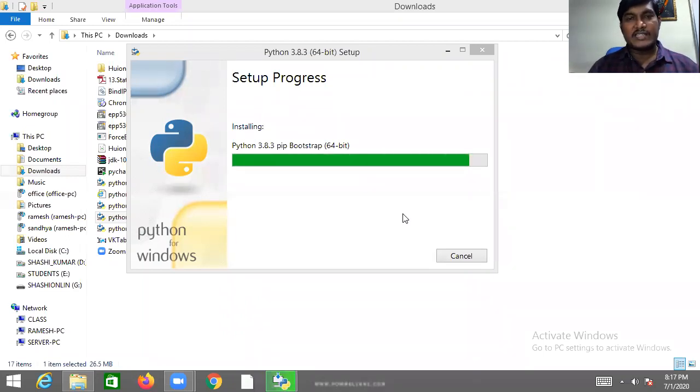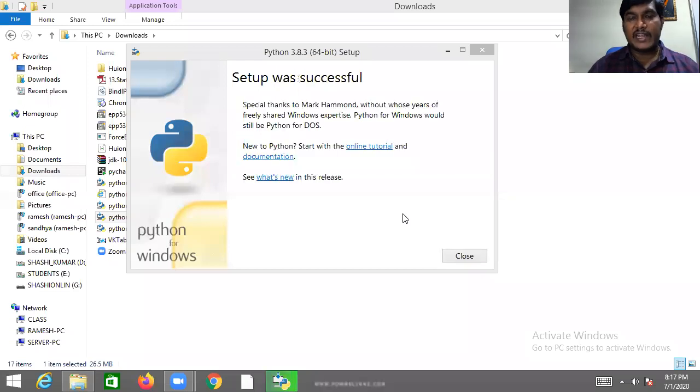Once the setup is done, we have to start working with Python. But sir, how do we ensure that Python is really installed on the machine or not? I want to show you that now. Wait a moment, very simple. After the installation process is done, you will get one message: setup was successful. Until then, you have to wait a while. Once the setup is successful, I will show you how to ensure whether Python is installed or not.